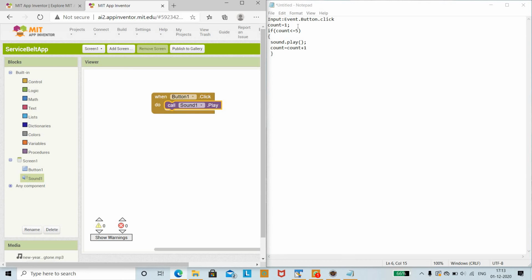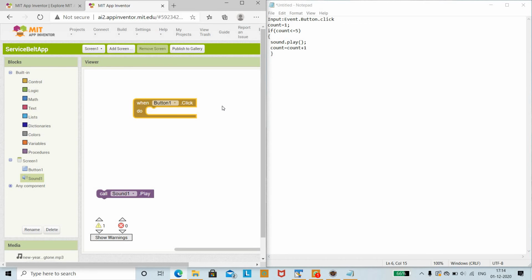First you are going to perform the button action. We have already dragged and dropped the button. For some time we shall remove this place so that we can insert the count value. Initially you are going to perform the button click action, therefore we have dragged and dropped the button.